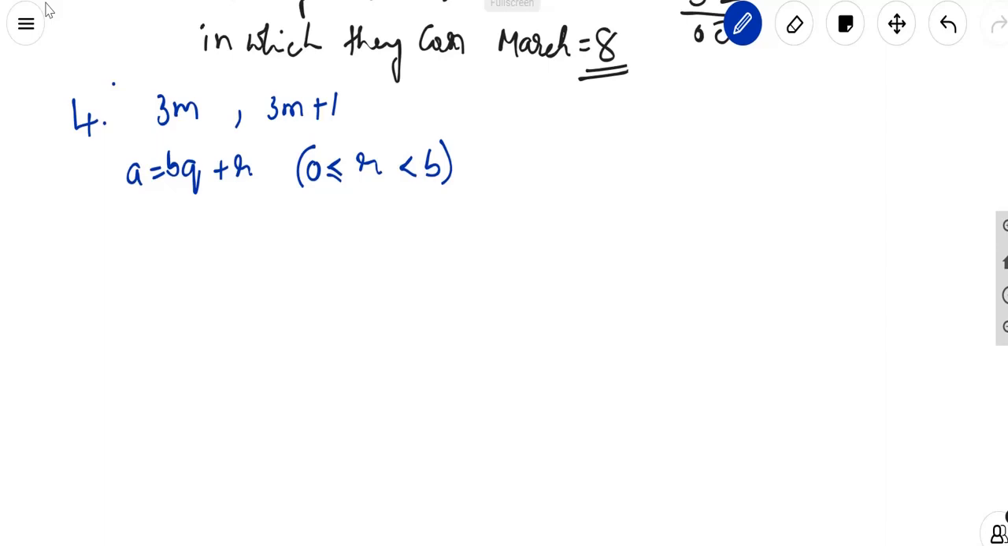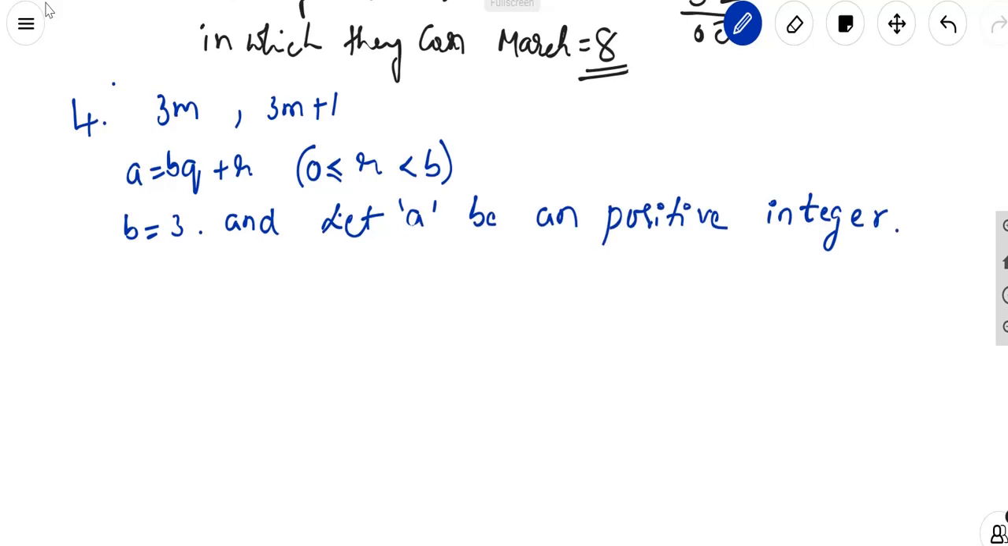Now if you compare these two equations, what will I find out? I'll find out that b is equal to 3. And we will take one integer: let a be a positive integer. Okay, so we'll start solving now. I'll rewrite this equation, so this will become a is equal to